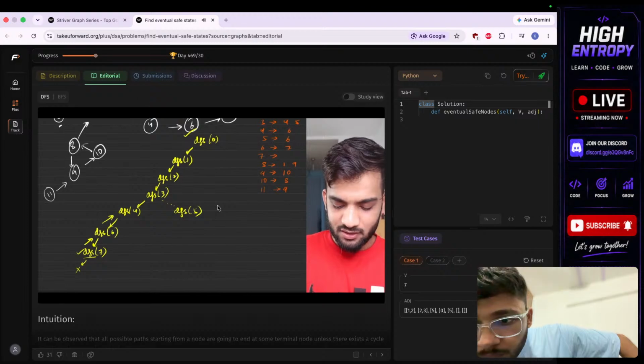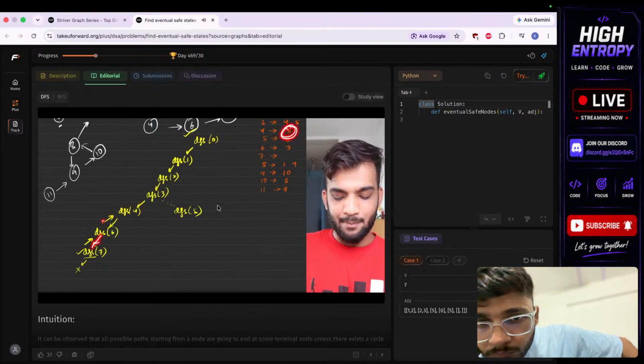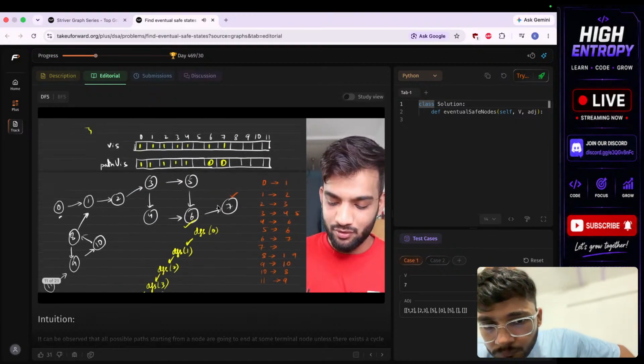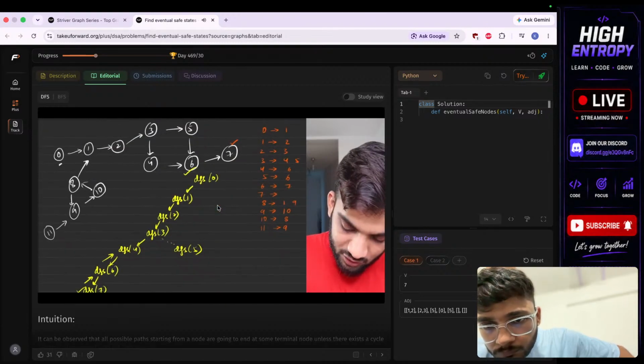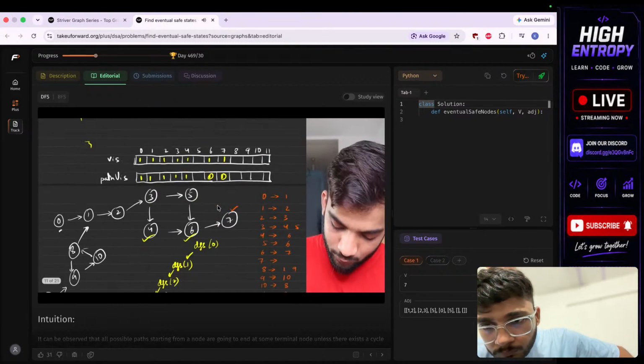So now return to 4. The 4 says, I don't have any further calls. I just had one for 6 and I did it. I'm back. 4 doesn't have any DFS calls. 4 is also a safe node, so mark it as true. And at the same time, make sure 4's path visit is done, because 4 will now